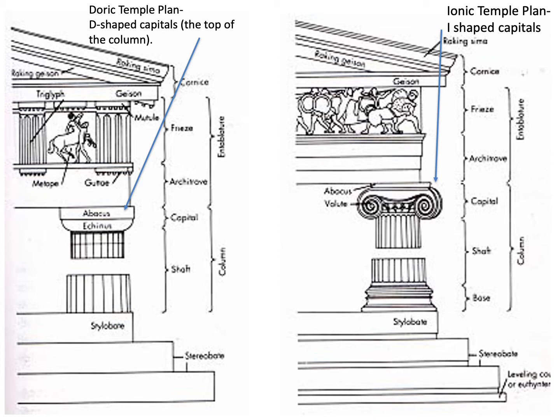First of all, the diagram on the left is for a Doric temple. And the way I remember this is the top of the column that we call the capital is shaped like a giant D. You could also say it's shaped like a drum. I call it the dumb one. Why? Because it doesn't have a lot of ornamentation. Even in the frieze area where you see the triglyph and metope, the triglyph rotates with the metope, and the metope has one single scene. It's a lot more simple than the Ionic